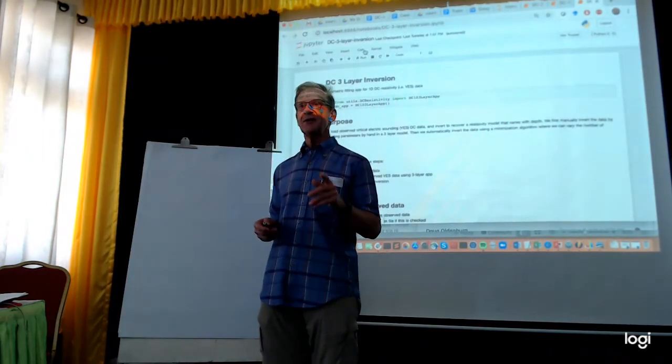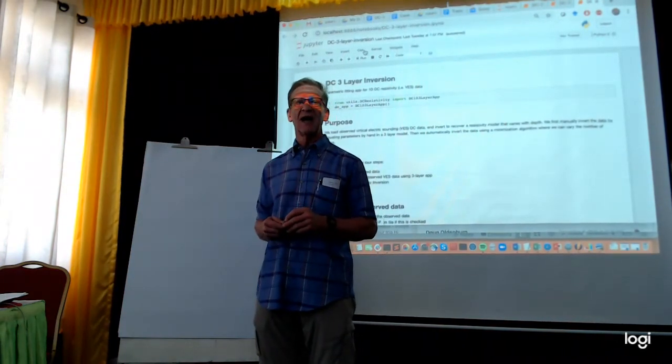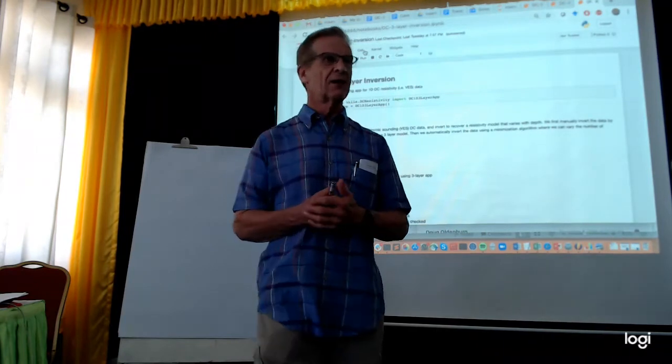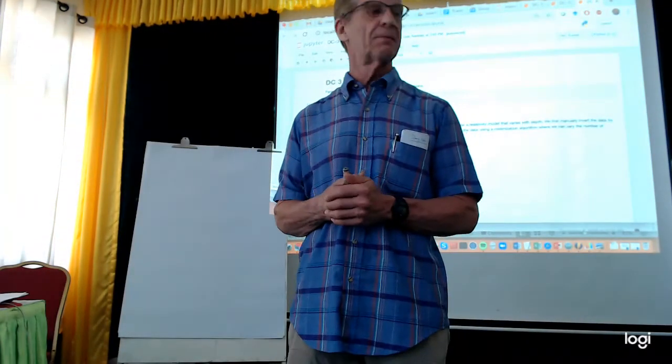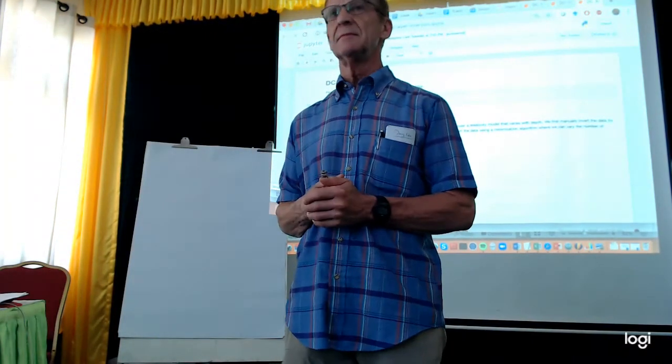So yesterday we were looking at the 3-layer inversion app. မနေ့ကကျတော့ 3-layer inversion application ကိုကြည့်ထားတာနော်